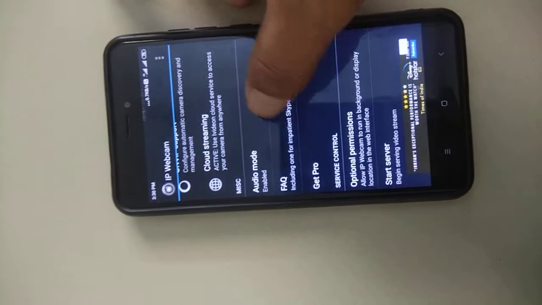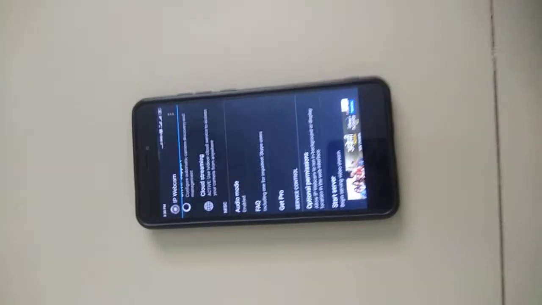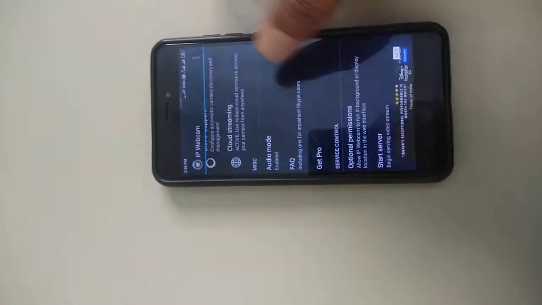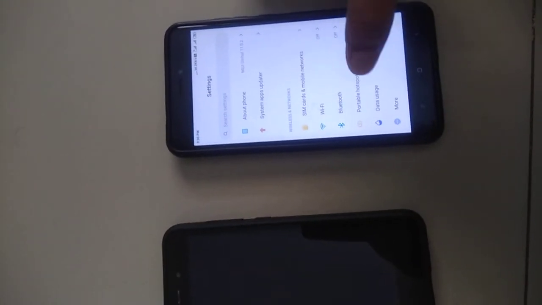Before that we need to have one more phone. So I have one more. Before that, let me increase this backlight timing.